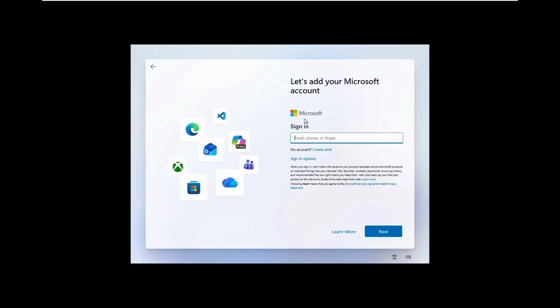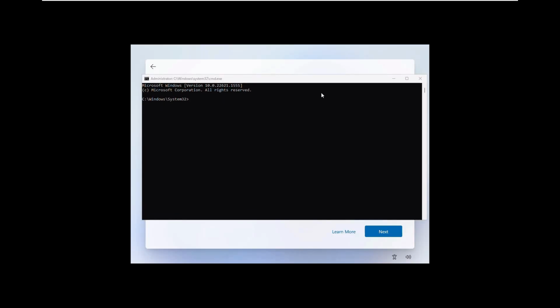So if you want to skip this part, here's what you need to do. Just hold the Shift key and the F10 key on your keyboard. If you're using some other laptop, you might need to hold the FN, that is the function key, as well. After that, it will open up the command prompt. From here, we will just write